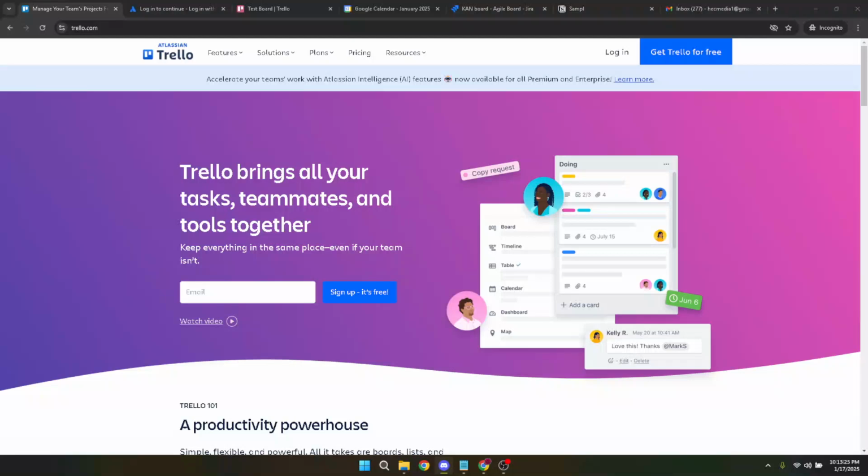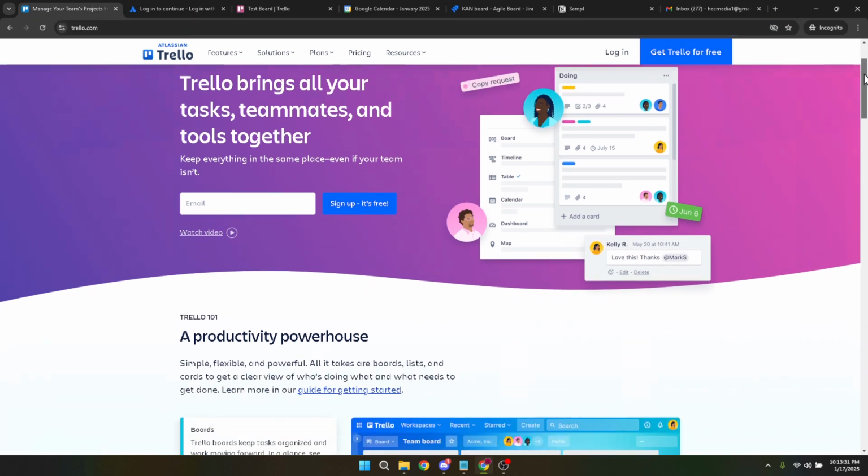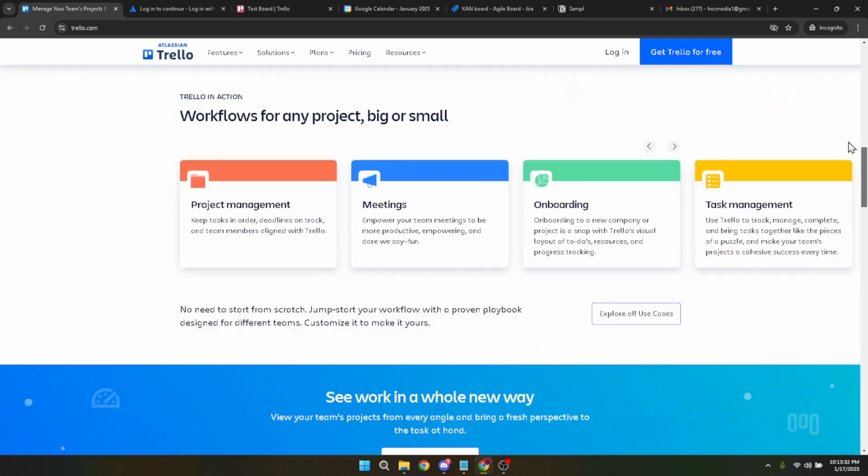In today's video, I'm going to teach you how to create a new Trello workspace. If you're ready to organize your tasks or manage your projects more efficiently, you're in the right place. Let's walk through this process step by step, making sure everything is crystal clear so you can seamlessly set up